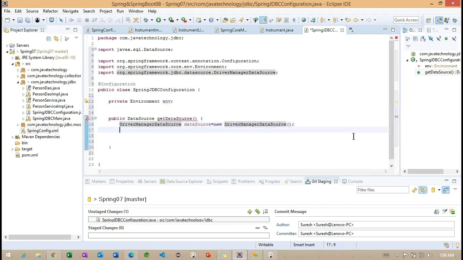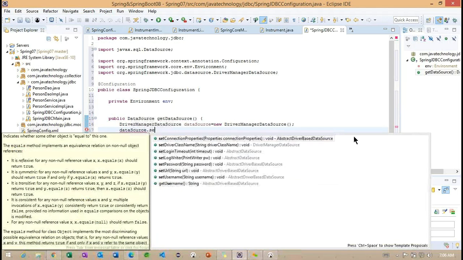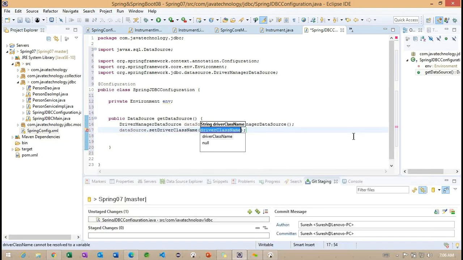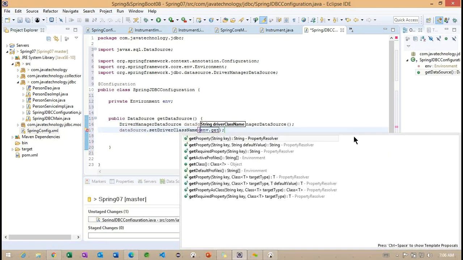Once we import, what we can do here, we'll create dataSource dot setDriverClassName. Here, what I will do, required property.